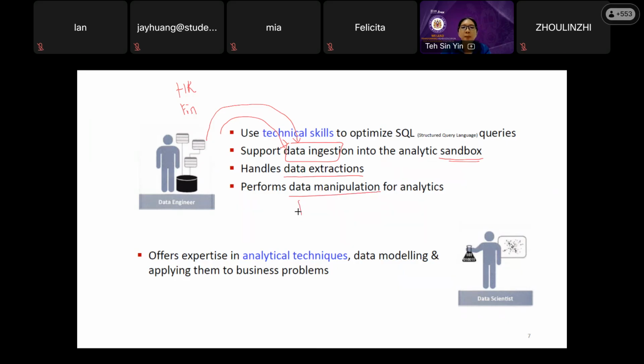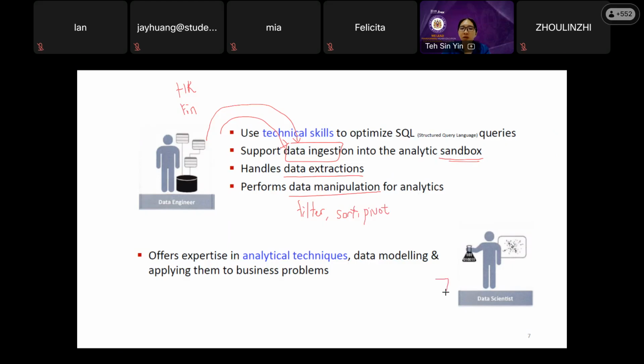For example, he will filter out the unnecessary data, and then he will sort it. For example, let's say this is a name list. He will sort it from A to Z so that it's easier for you to use and read the information. Or he or she can put the information into pivot tables and so on, so that it is readable for the user. Okay.